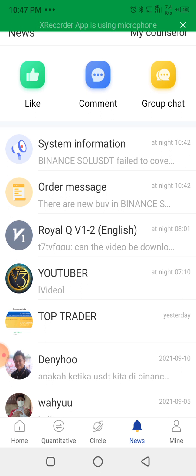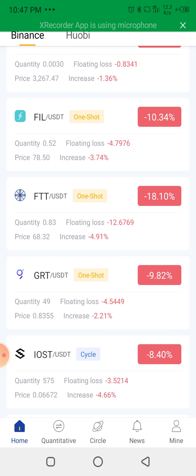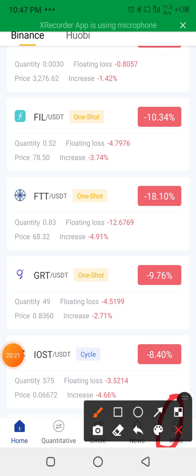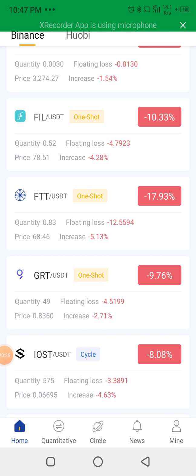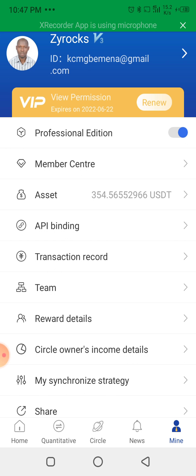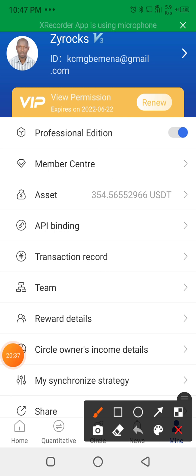Also, let's look at this section. The next is Mine. Actually, this section is for your profile information, your profile. Okay, let me explain some of these things here,